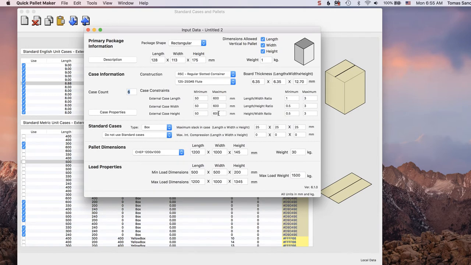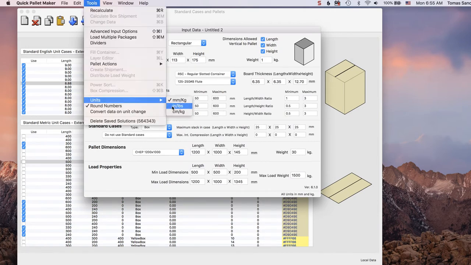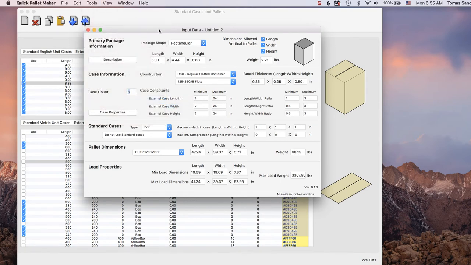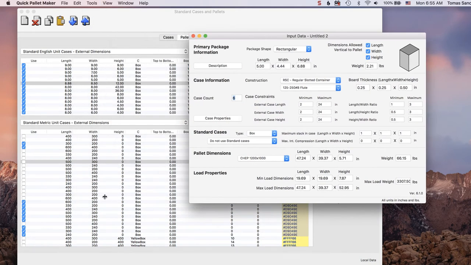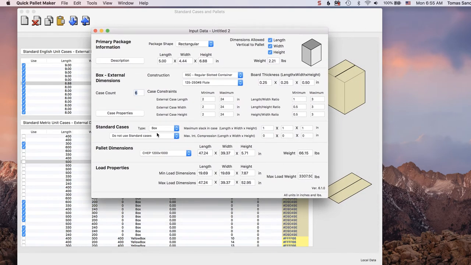Once there, we will make sure that we are working with inches and pounds to be able to use the table that's on the top. The bottom one is for millimeters and kilograms, and centimeters too. Next, we will use the Fill Standard Cases option. Change the pallet to 48 by 40, adjust the height,